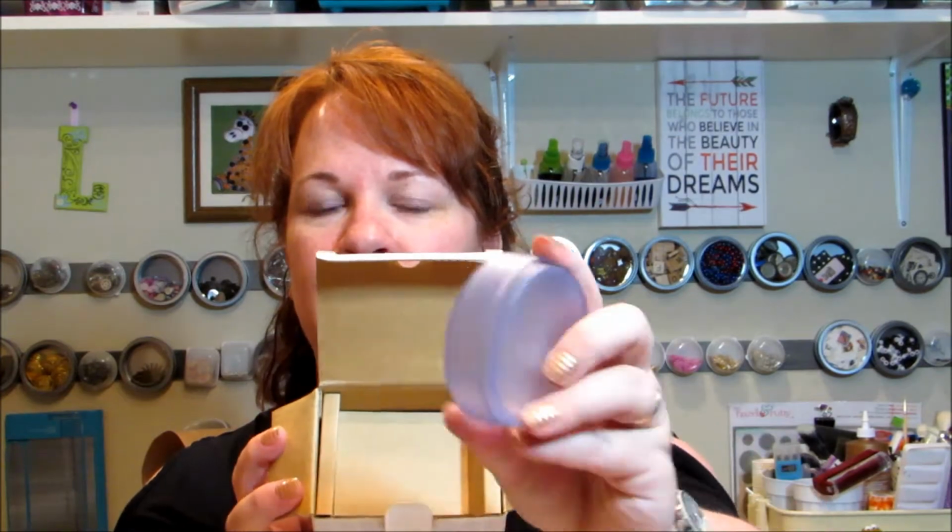I also bought brand new in the box mini punches. It's the circles. I don't know if you can see that. There's the 2 circles, and it's a 3/4 and 1 inch circle. Brand new in the box, but you want to open it. Double check that it's actually in the box. And yes, it's got the little plastic thing to catch the extra punches that you get. And then